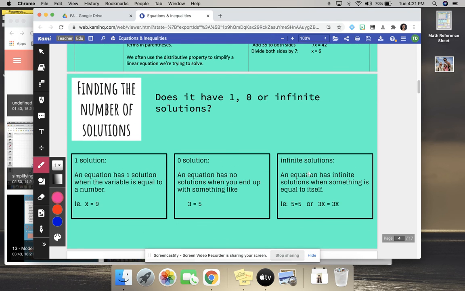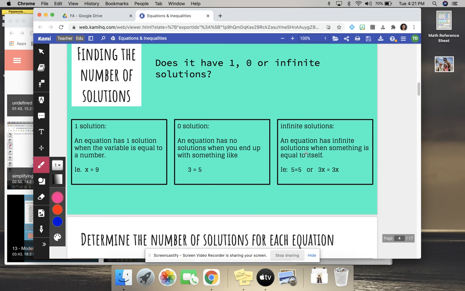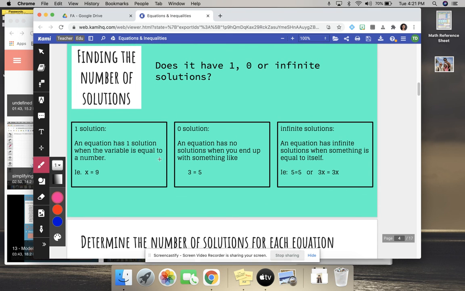Okay, so here is finding the number of solutions. Does it have 1, 0, or infinite solutions? One solution is an equation